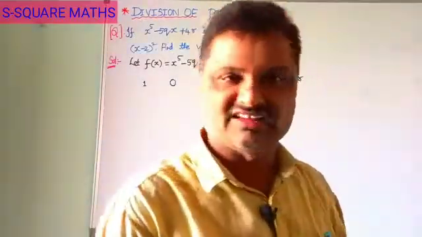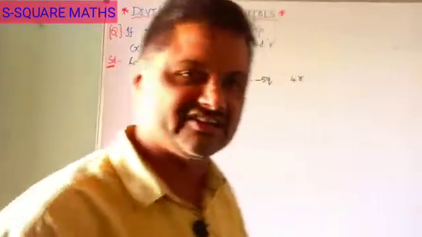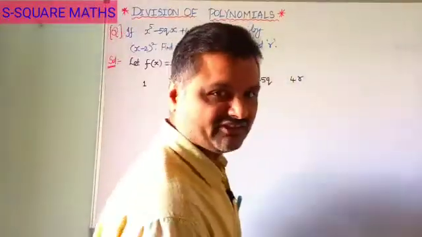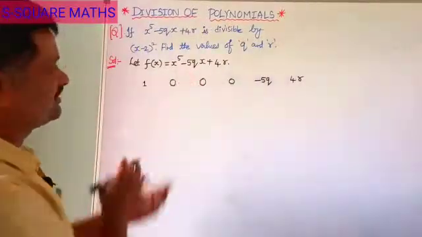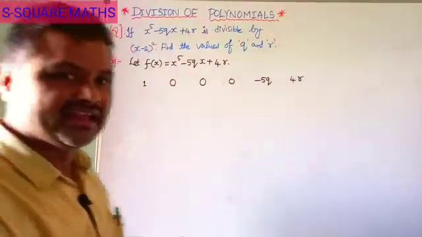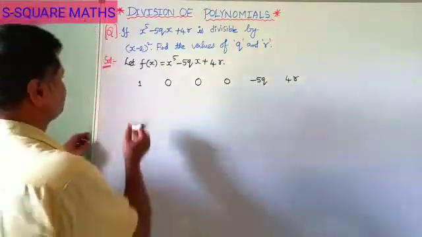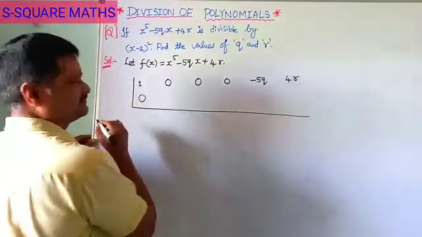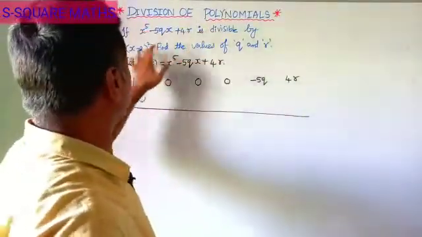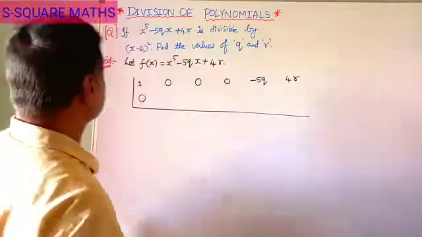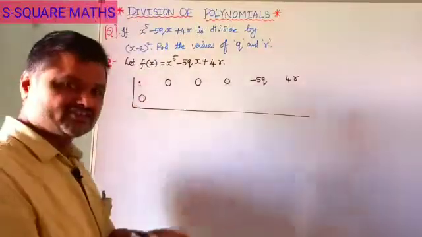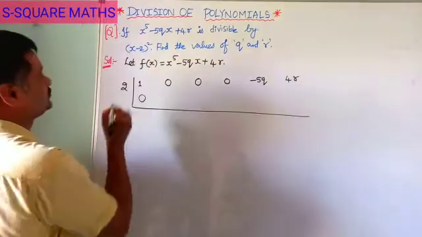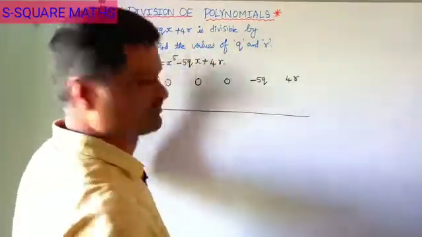4 is a constant and r is a constant anyhow. So 4r will be a constant. So in standard form, I have written the coefficients of the various terms involved in our polynomial f of x. We will proceed. So write 0 here. Since f of x is divisible by (x minus 2) whole square, nothing but it is divisible by (x minus 2) and (x minus 2), or multiplier of the factor, let us consider here 2, because it is divisible by (x minus 2) whole square.